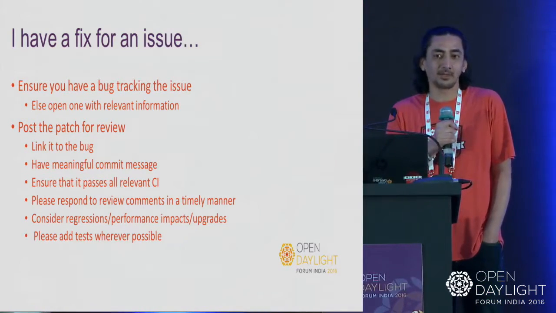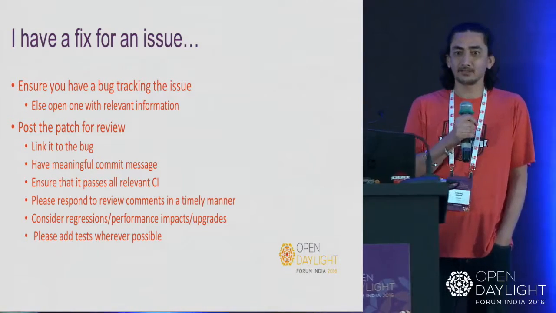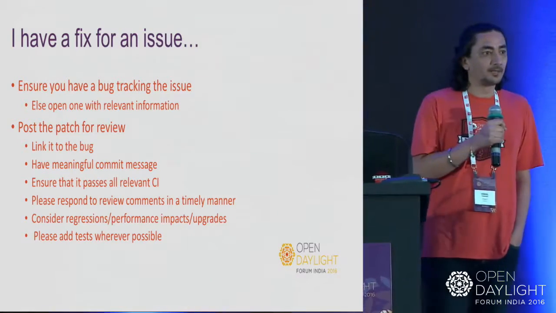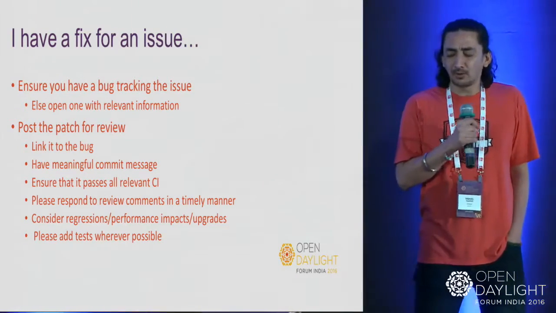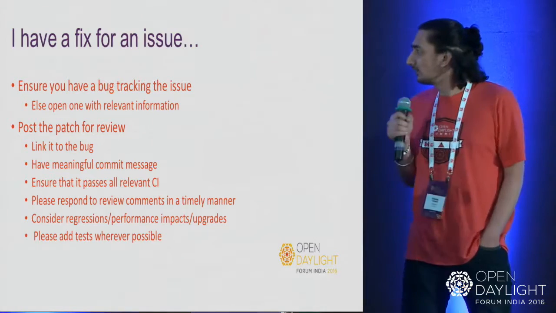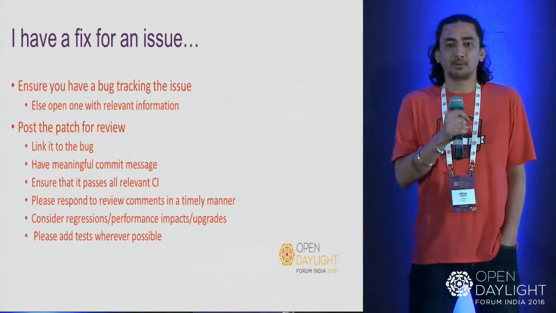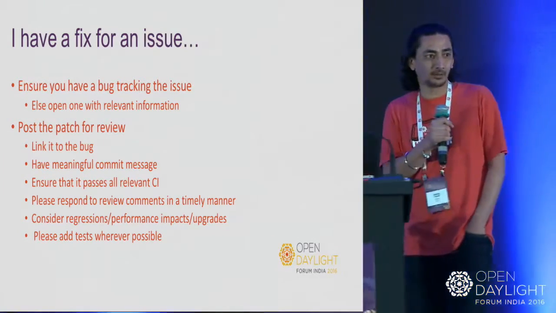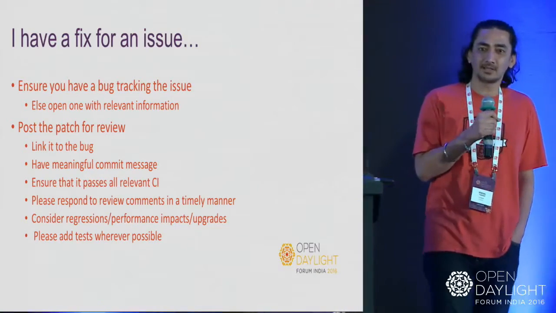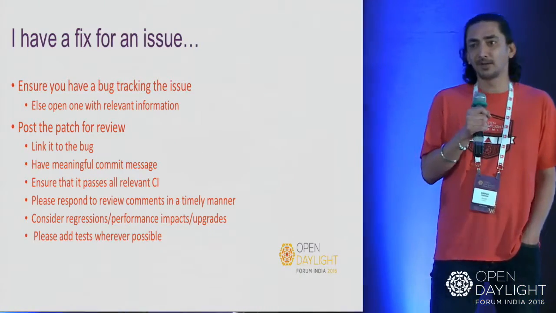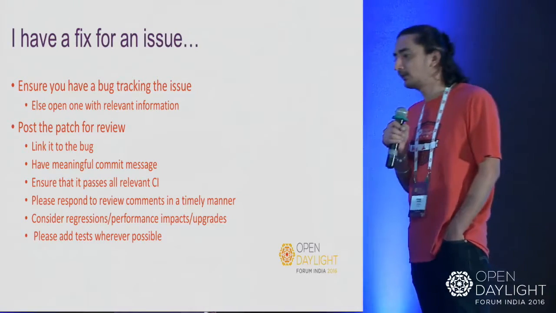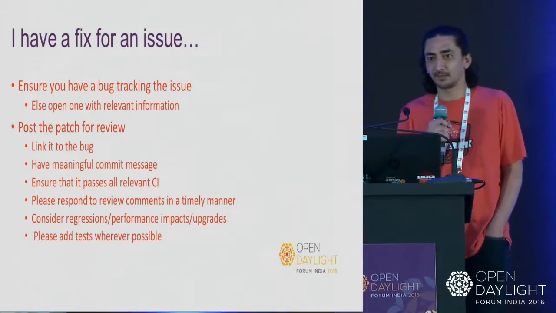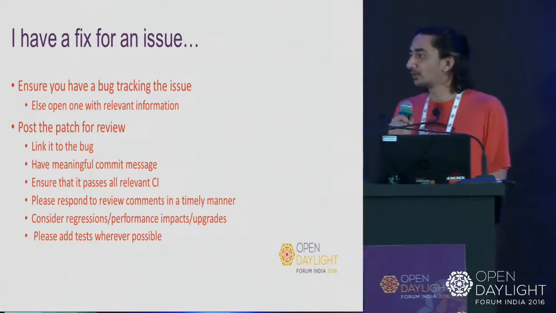First, of course, you have to make sure that before the fix goes in, the bug is being tracked. There's an equivalent bug for it. Post the patch for review. In an open source project, almost all open source projects, at least none that I can think of, no one stops you from committing a patch. Everyone can upload a patch fixing any code. The only gating would be review of the patch. If it's good, it would go in. If not, people will give feedback. No one will reject it just like that. Irrespective of which company you work for, or whether you are an individual, how much experience you have, none of that matters. The only thing that matters is the quality of the code that comes in.